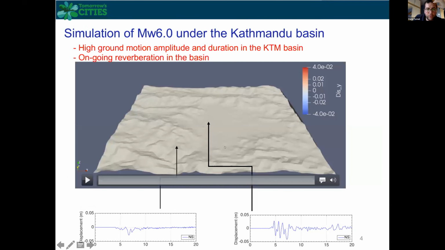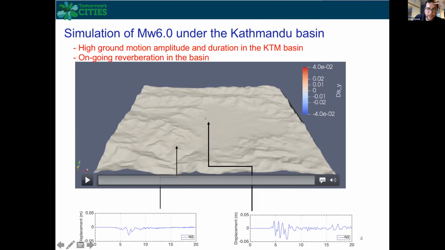The outcome of putting together all of these models is to conduct a rupture initiation and the propagation of the waves. And what I'm trying to show here is the surface movement, the displacement of the ground in the y direction, the north-south direction. I have highlighted 2 points here. One of them, this one on the right, is placed close to the middle of the